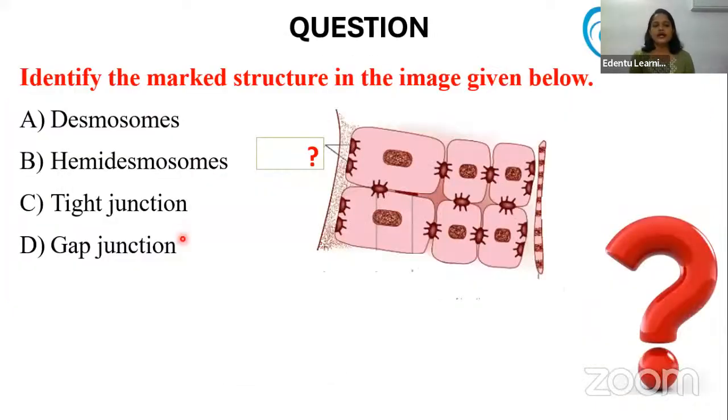Now, the next question is: identify the marked structure in the image given below. So these are cells with their junctions. These are the junctions here, these are the junctions here, and there are junctions here also. So they are asking us to identify what this junction is called. Is it desmosomes? Is it hemidesmosomes? Or is it called tight junction? Or is it called gap junction? The answer is it is called